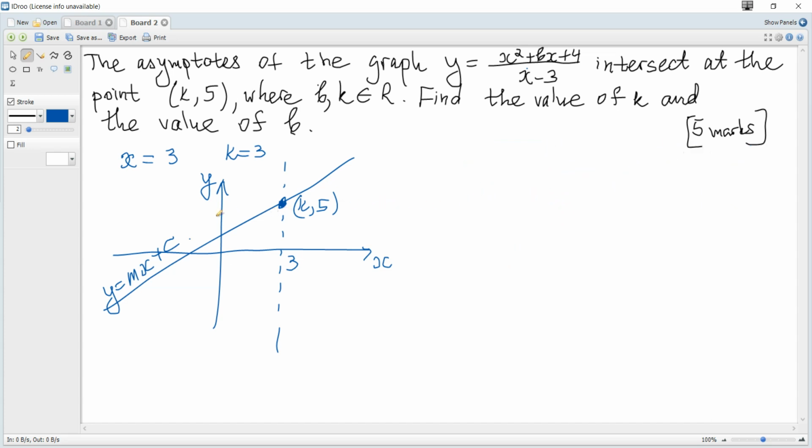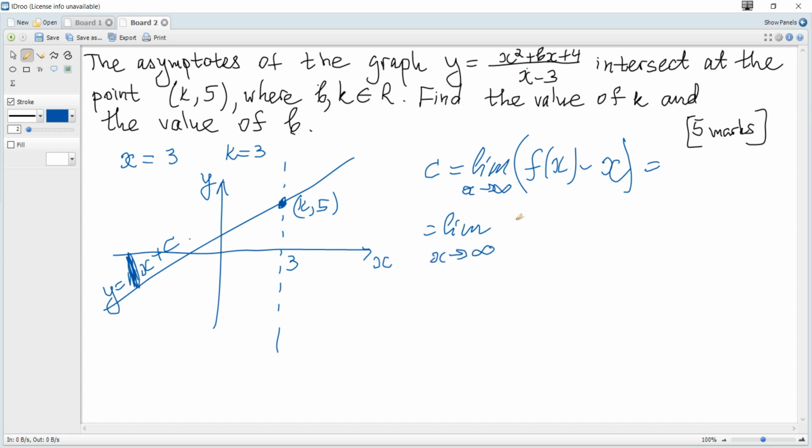m is 1, and c is the limit of the function minus mx, and it becomes minus just x. In general, f minus mx. For our situation, it becomes minus 1x, and